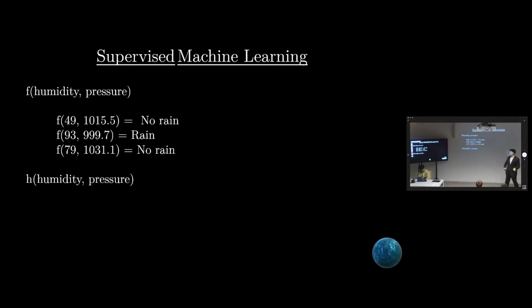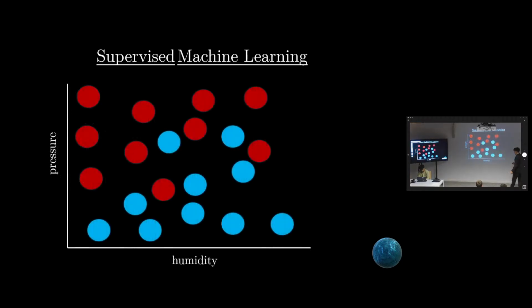Let's try, for example, to plot the data set. Let's assume this axis represents humidity and this axis represents the pressure. And I, the human, labeled each of the data points as blue or red, where blue means that it was rainy and red means that it wasn't rainy. Let's take, for example, these data points. If I ask whether you think this is going to be blue or red, why? Because in the area, it's very close to blue ones.